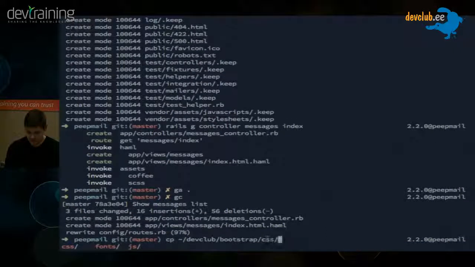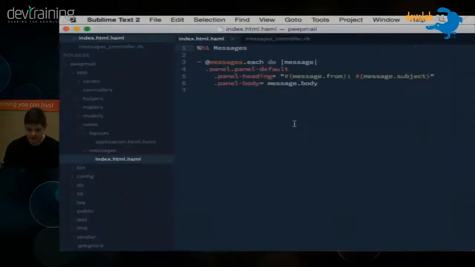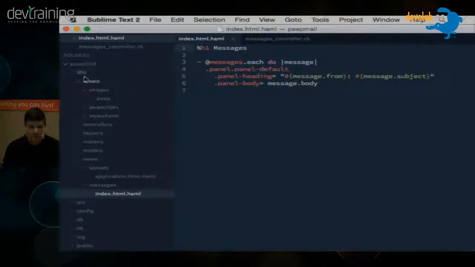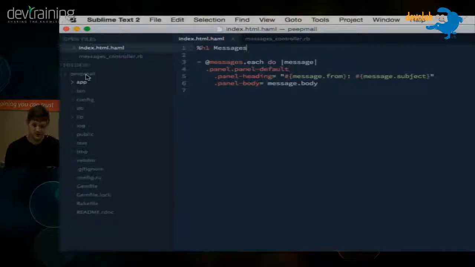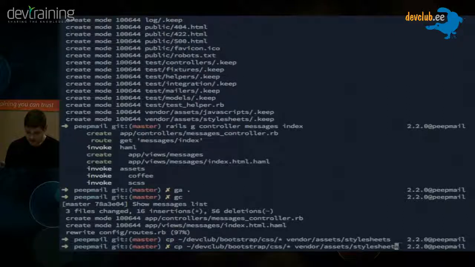Bootstrap, CSS, actually everything goes to vendor. Despite the fact we have the directory app/assets/stylesheets, we only keep our own assets there, and all the external assets we keep in the vendor directory, so we don't get confused. Assets, stylesheets, good. And also with JavaScript,